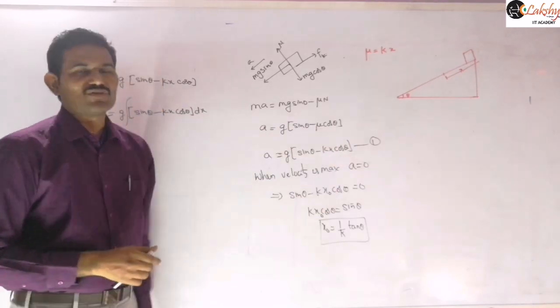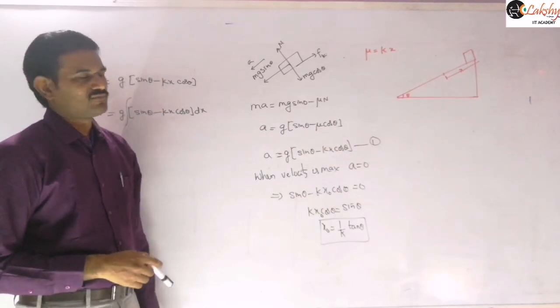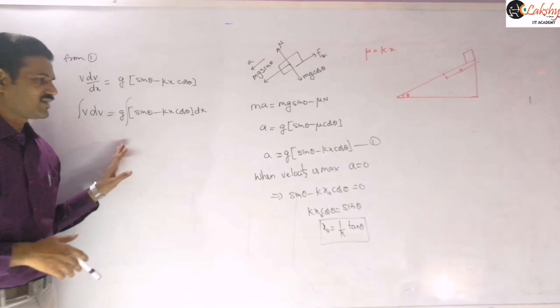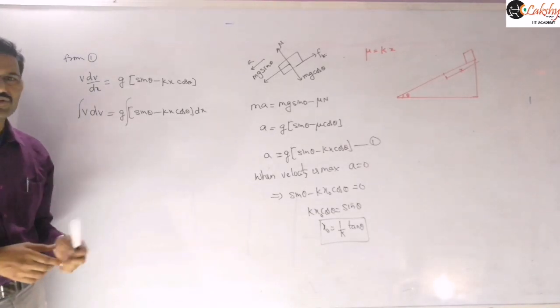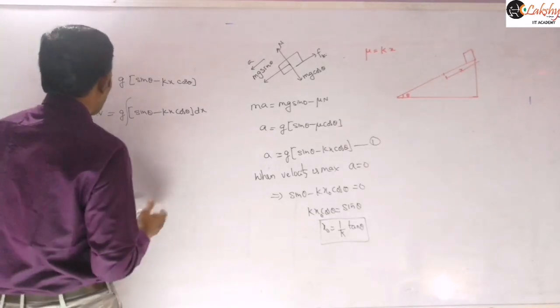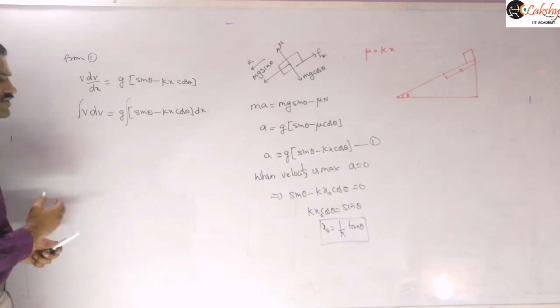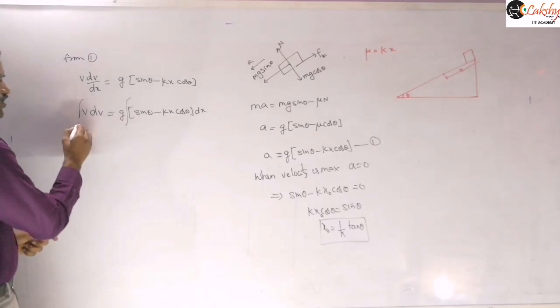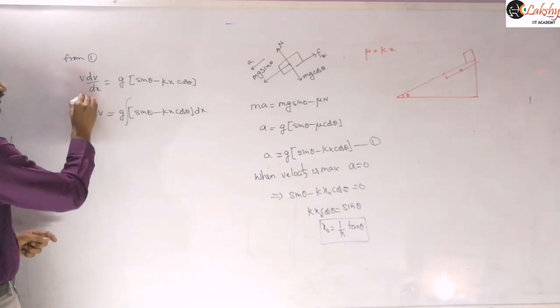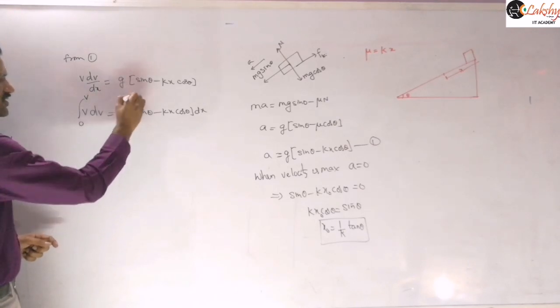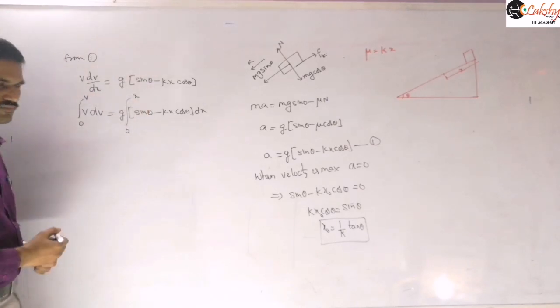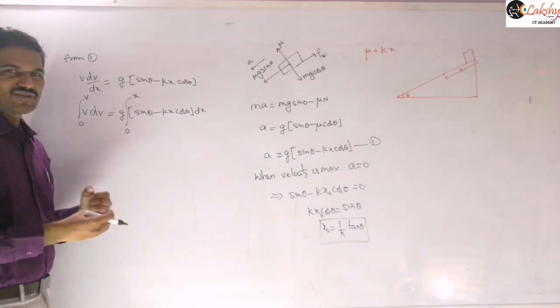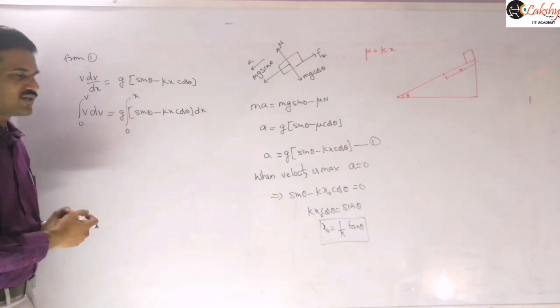So kinematic equations you can't use by mistake also. You should use this calculus only to find the velocities, or the corresponding maximum velocity, or the corresponding distance where the particle comes to rest. So the general expression I am writing here: 0 to v, and this is from 0 to x. The remaining conditions, the given conditions, we can substitute later.